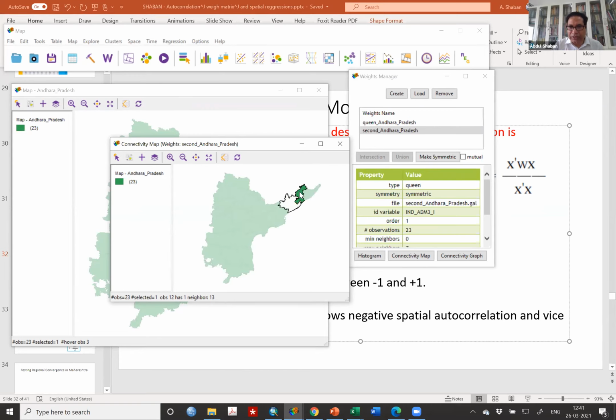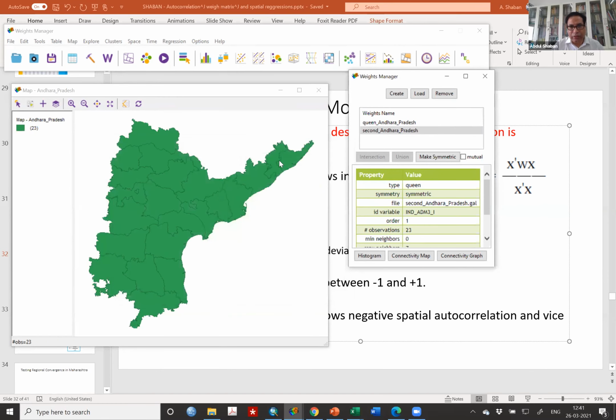So observation 12 has a neighbor which is observation 11, and observation 11, which now I have blocked, has 12. And 12 has not only 11 but also 13. So it means there is some misspecification. I can correct this here. So this is actually this connectivity map. I close it here. You can look at it.